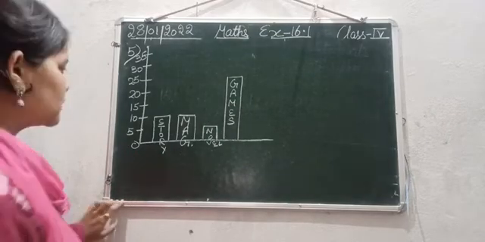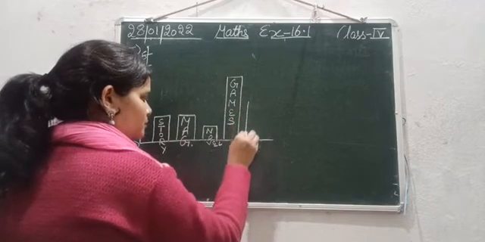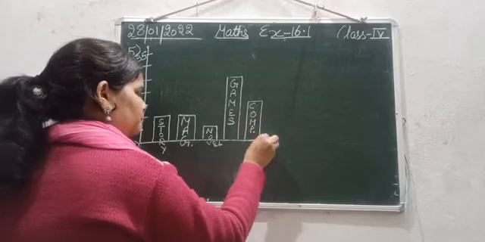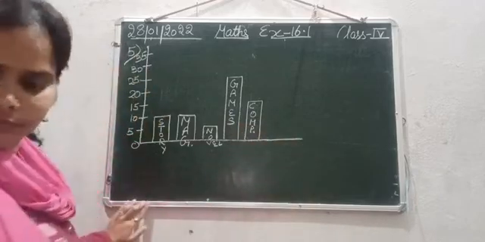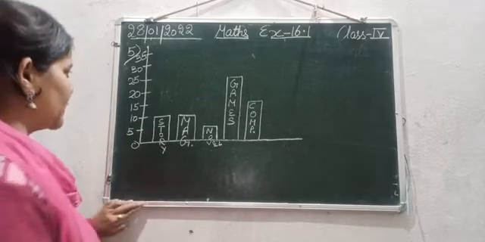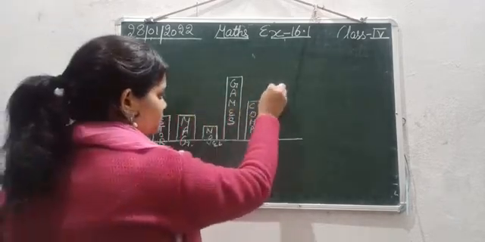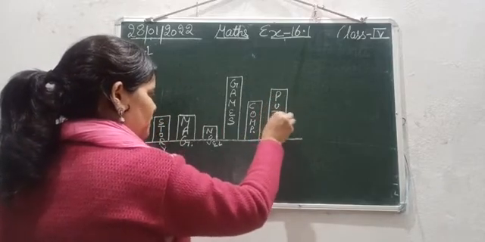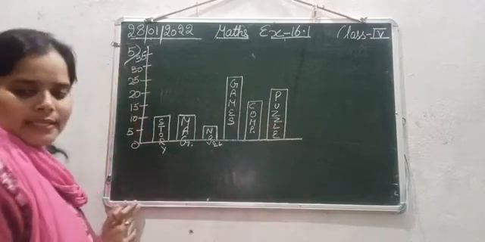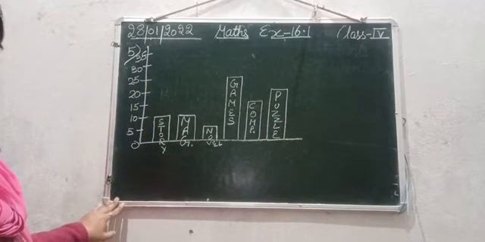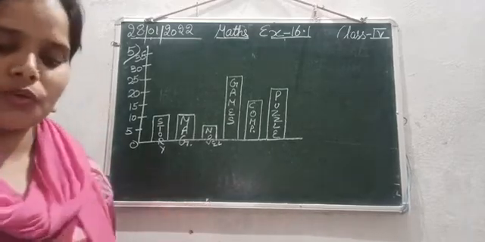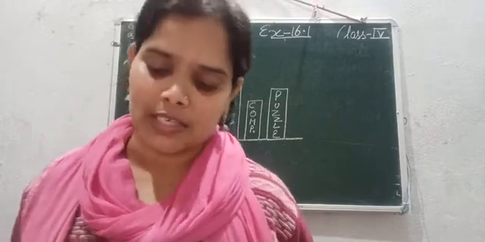Next is computer, this is 15. This is computer. The last is puzzle, that is 20. Puzzle, that is puzzle. Okay, so books borrowed from library. So these are the different quantities of books that are borrowed from the library. Now we need to answer the questions that are being asked here.